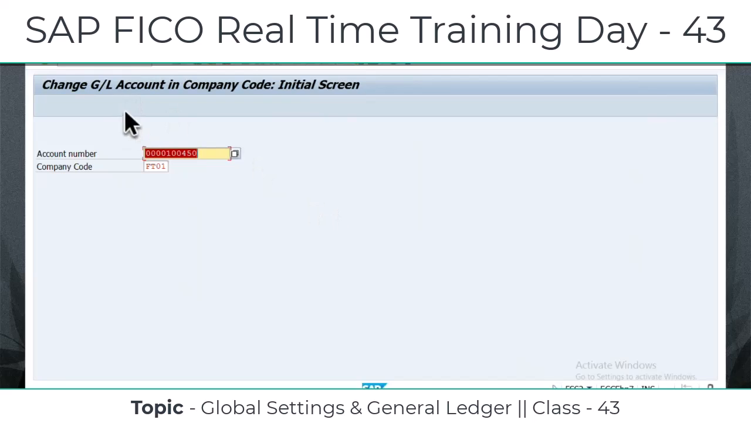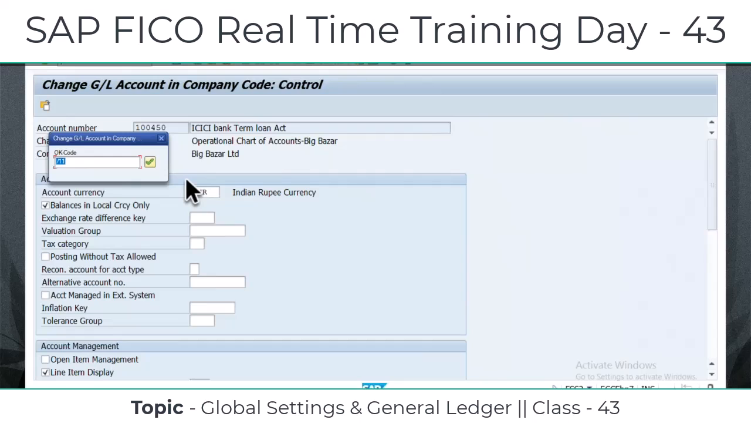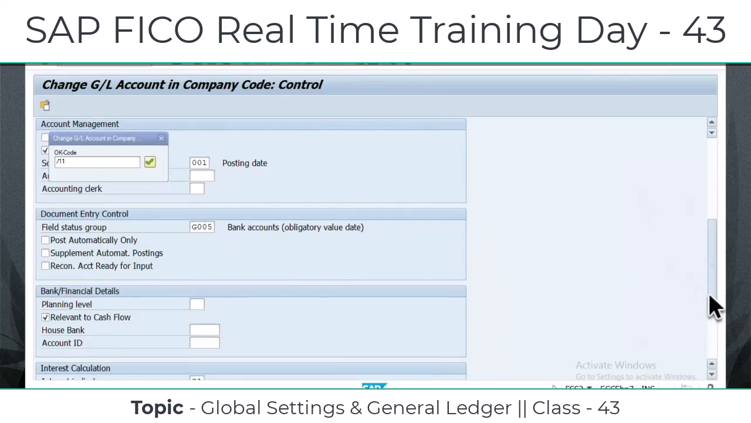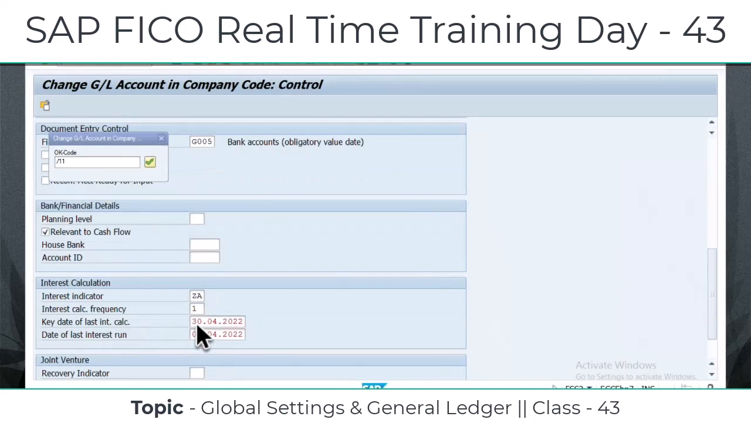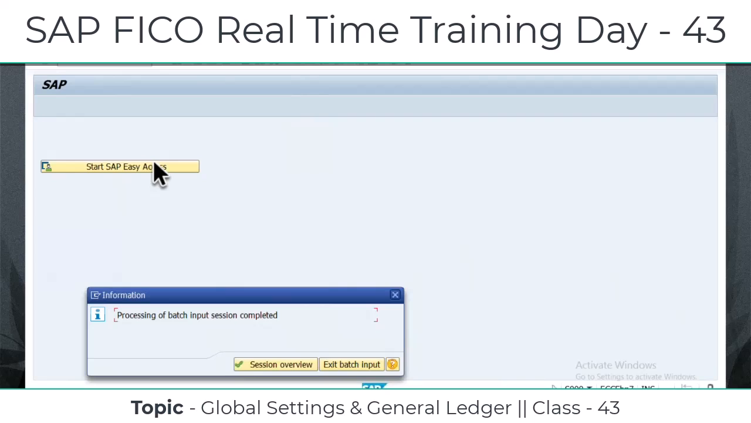It has now gone to the GL master record change mode. This is my GL account, this is my company code. Keep on pressing enter. Automatically, if you want to see the result, you can see for which month and on which date you executed. You can just see the log here. Now keep on pressing enter. Write down: after you click on the process button, keep on pressing enter until you get the message